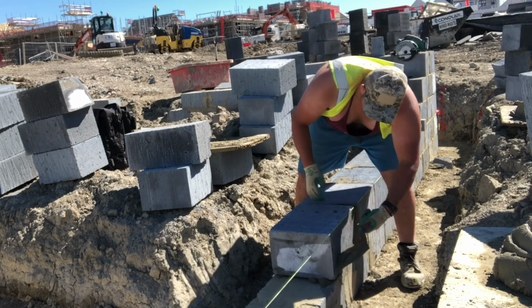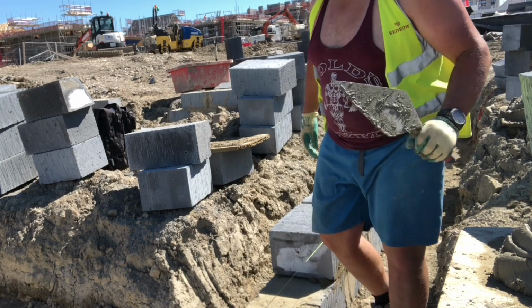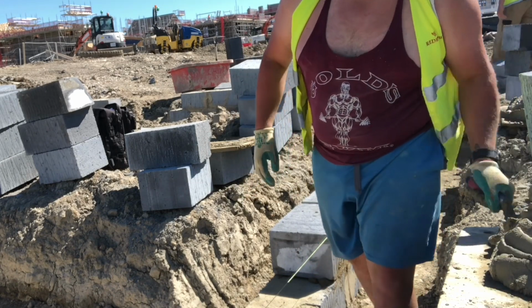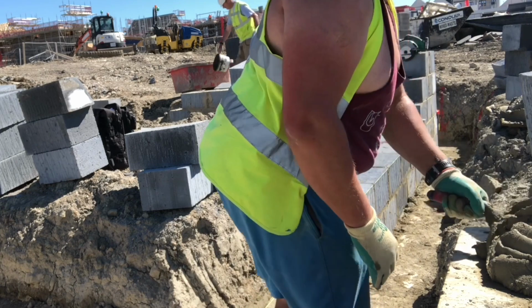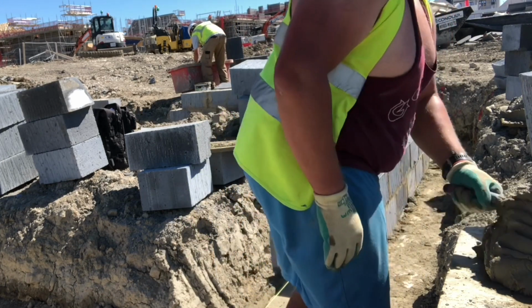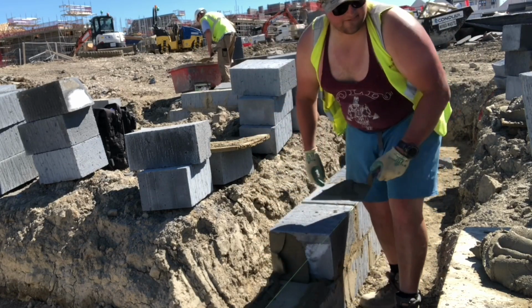I said to them I wasn't happy with the price. They wouldn't budge from 180 a block. These should really be £2 a block, but 180, you can still make money on them, don't get me wrong. If you can lay 150, 160, 170 blocks in a day, you've still got enough to pay yourself and a labourer. You could earn £1,000 a week